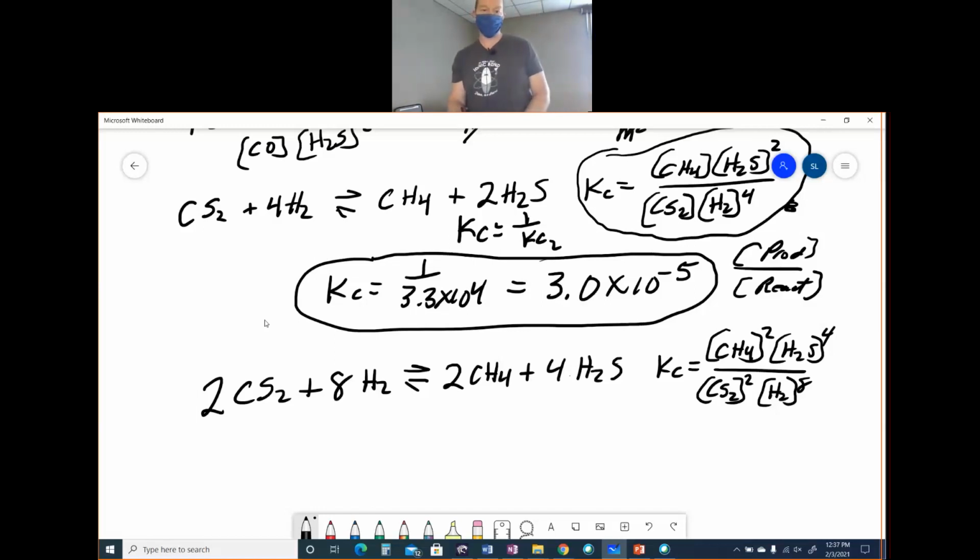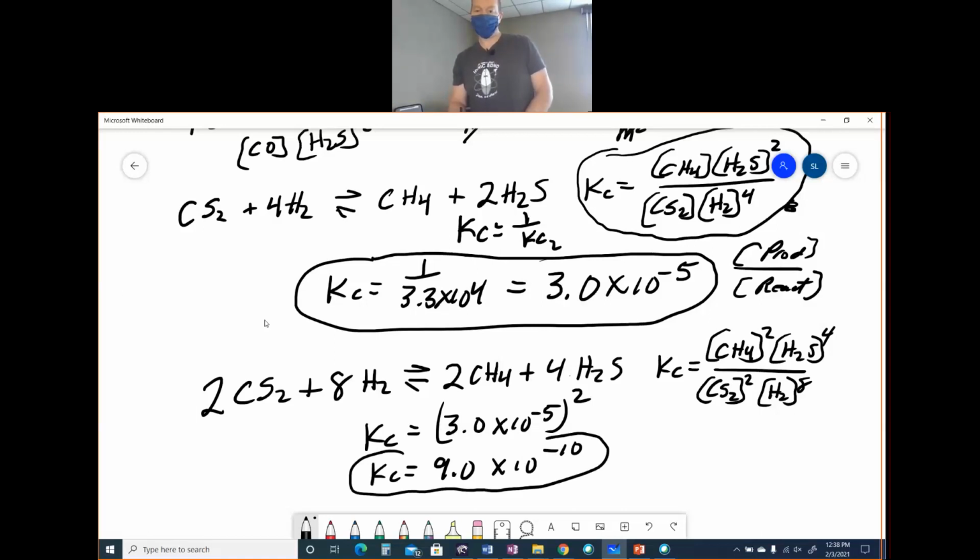to that integer. And so the Kc here is equal to 3.0 times 10 to the minus fifth. And now we have to square it. And now we don't need a calculator for that. It is 9.0 times 10 to the minus 10. All right, and so you need to know that as well. If we multiplied through by 1/2, then we would have to raise it to the 1/2, which is the square